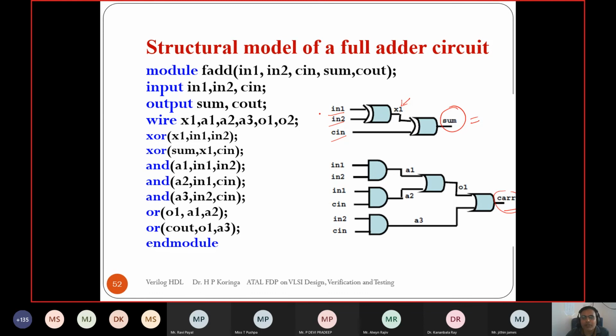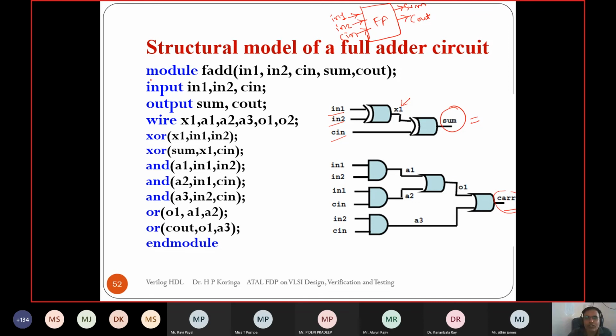So it is an SOP form, and that is our final carry. So how can it be implemented using the gate level abstraction? Let's see it one by one. First of all, we have to define how many ports are in this design. In this full adder, there are 3 pins for the inputs, including carry in, and 2 pins for the outputs, sum and carry out, right? So these are the 3 pins we want to use as input. These are the ones we want to use as output ports.